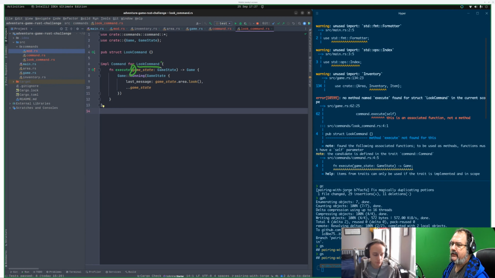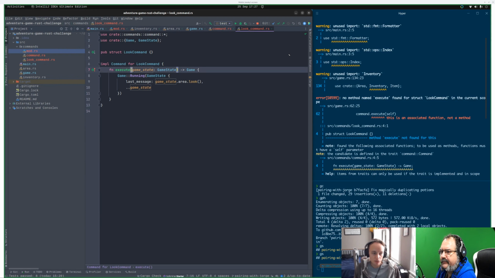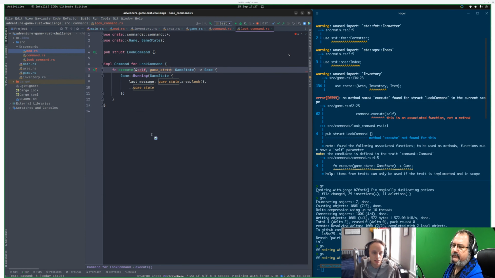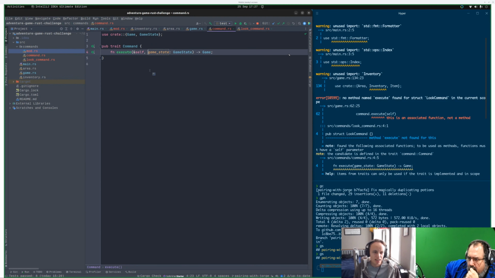So this look command dot execute. Yeah, and in some sense, it's a bit weird to even make it a regular function because it doesn't have any state to use anyway. But if we want to do this trait stuff, then we need it. Right? We need to be a self function. It's a bit funny.